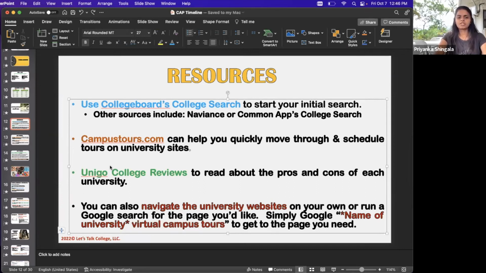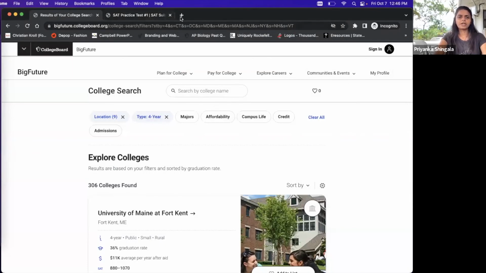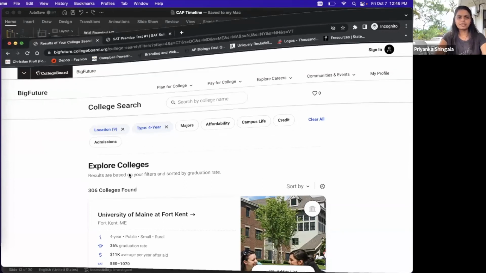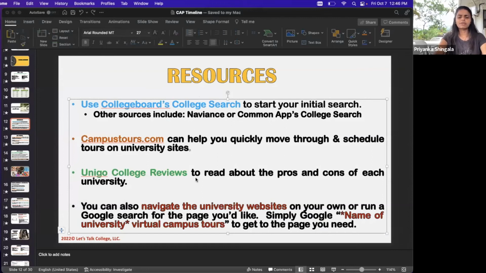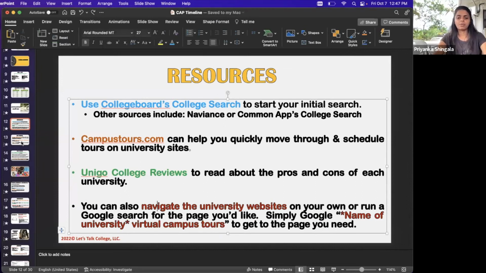So another statistic would be admissions rate. I would type in the name of the university, then admission stats. If you type in NYU admission stats or freshman class profile, you'll find the average SAT scores, average GPAs, average acceptance rate, and usually how many people applied and how many were accepted, actual numbers, not just the percentage. All of that information will be available. So that's how you can find out where your numbers stand compared to what the university would like.